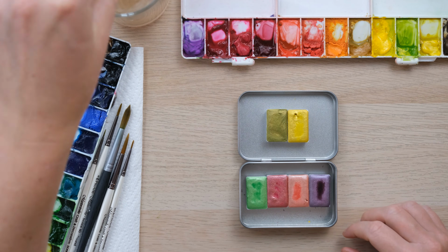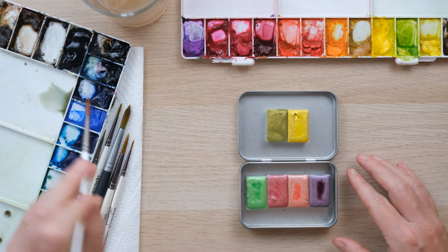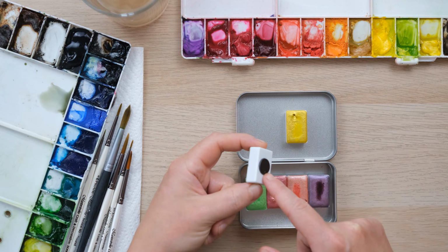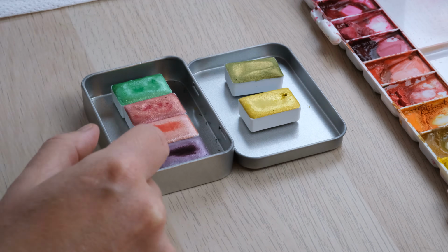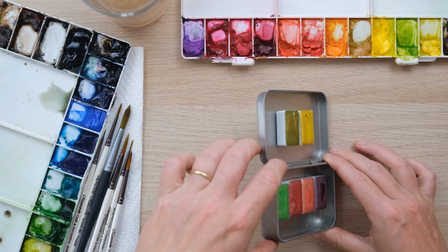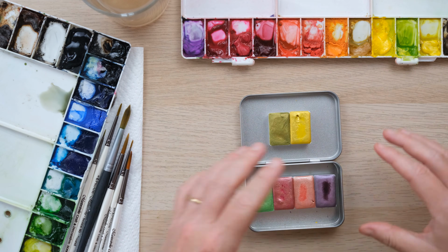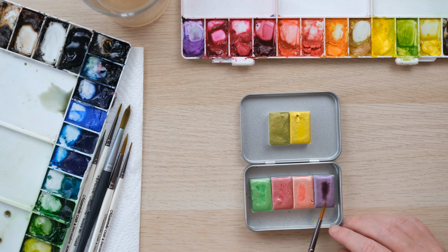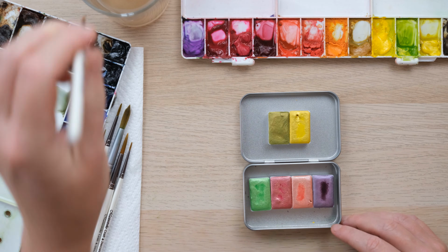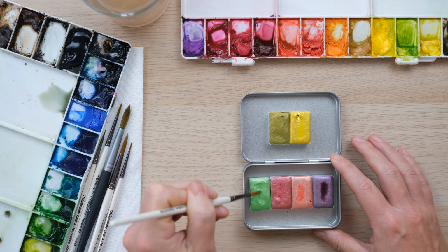So I'm having a closer look at these paints whilst I wait, allow the unicorns to dry. So the cool thing about these paints is, the first thing is they are all individual pans, and they've got a magnet on the bottom, which means they can sit in the tin and they'll stay put like that. And it also means you can then arrange your colours how you want. So I've decided I'm going to have a mane and tail with these colours, and then the horn and hooves in gold. I'm just adding water to them, waking them up as I would with any other watercolour,